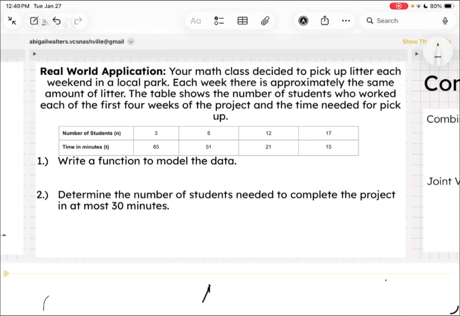All right, now let's look at a real-world application of this. So it says your math class decided to pick up litter each weekend in a local park. Each week, there is approximately the same amount of litter. The table shows the number of students who worked each of the first 4 weeks of the project and the time needed for pickup. Okay, so as I look at this table, I can see as my number of students